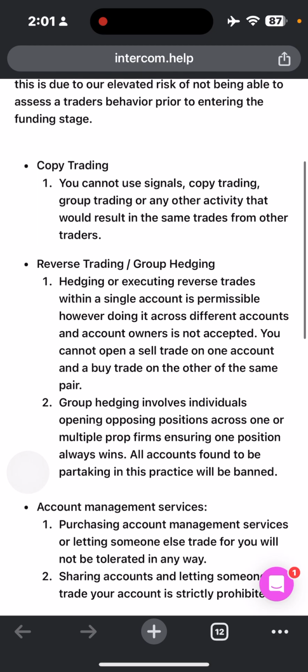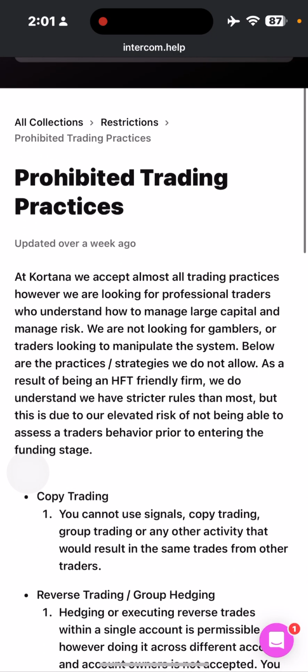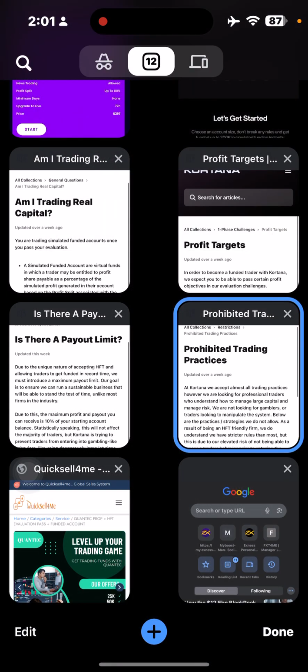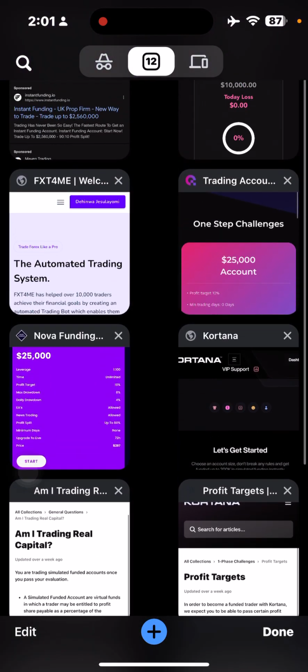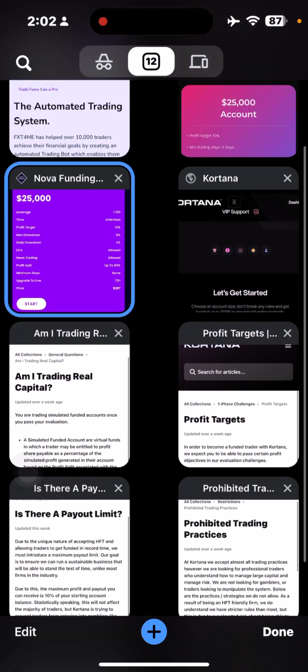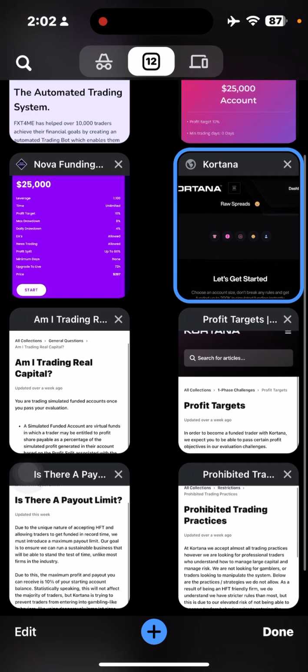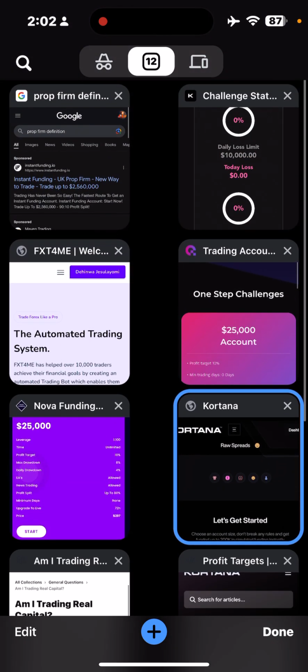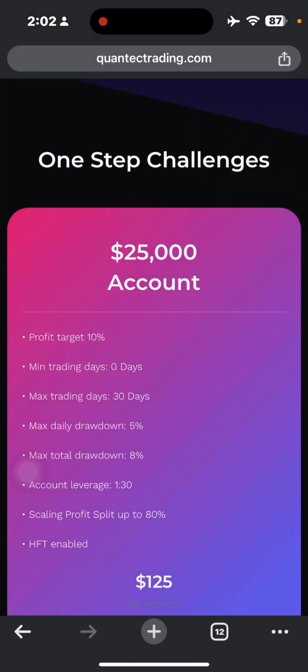Now, we as FX4ME traders, how do we benefit from all this prop firm? We will guide you on the prop firm we want you to go for. We have three prop firms that we encourage our traders to go for. We have Nova, we have Cortana, we also have Quantec. So just ask us for the link, then we will give you the link on our WhatsApp group,